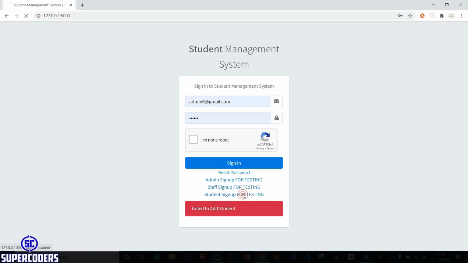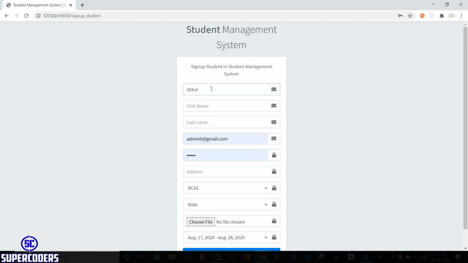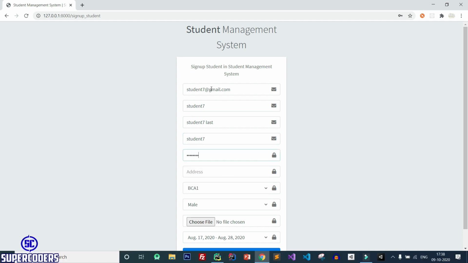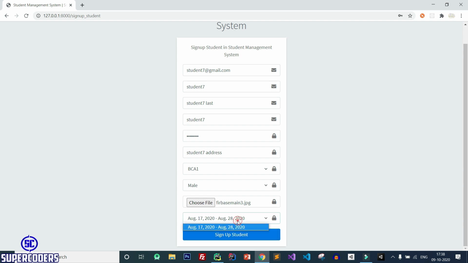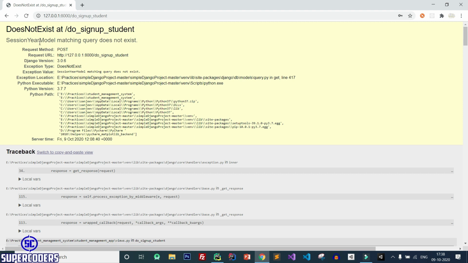So again sign up, student7@gmail.com, student7, last, student7, address PCA, male, select the file, selecting date, click on sign up student and you can see session year model matching query does not exist.